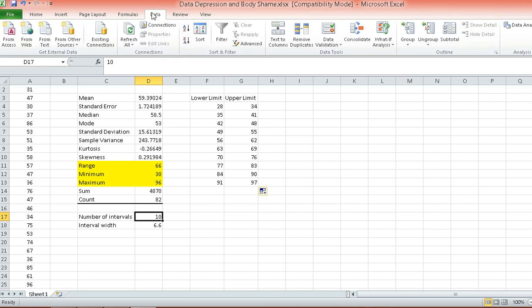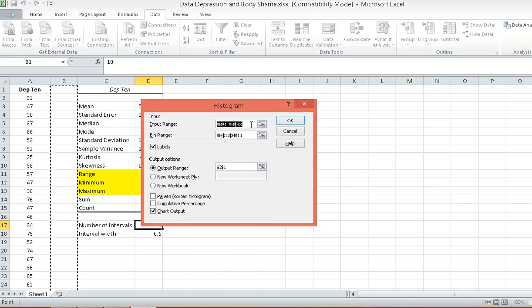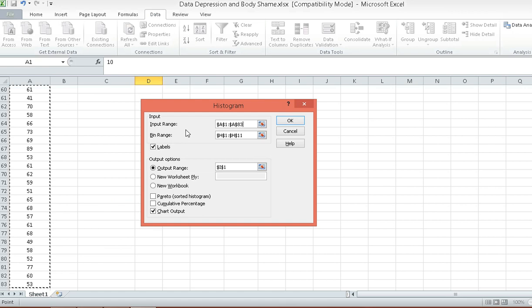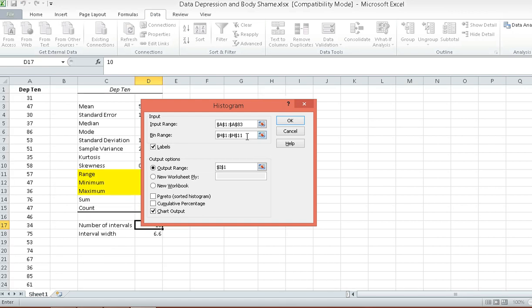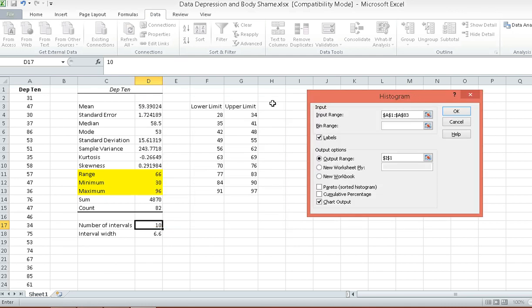So just click on data again. Click on data analysis. Click on histogram. Click OK. Then for the input range, let's highlight that. Now the bin range, I'll erase it for the meantime. The bin range would be your upper limits.